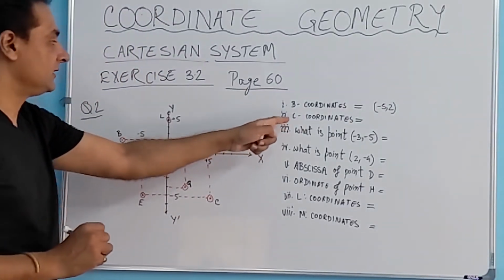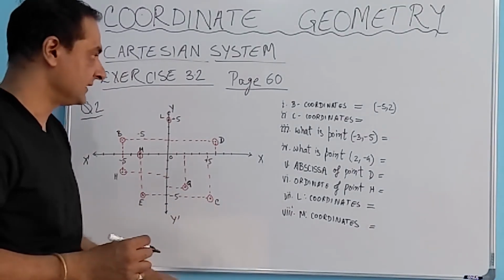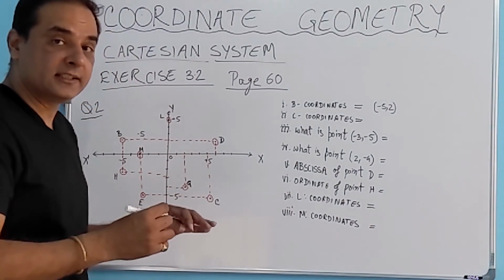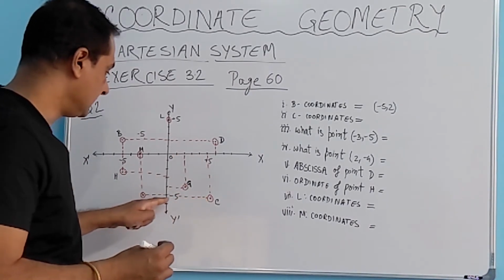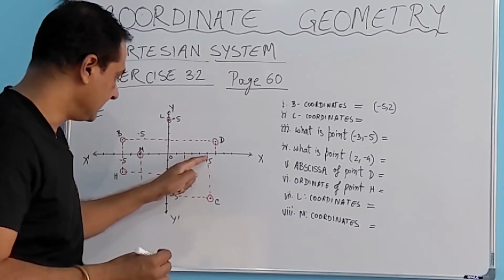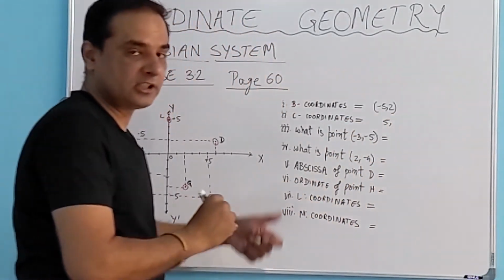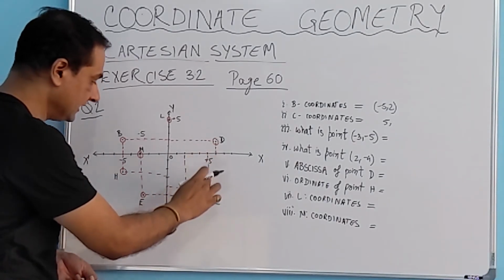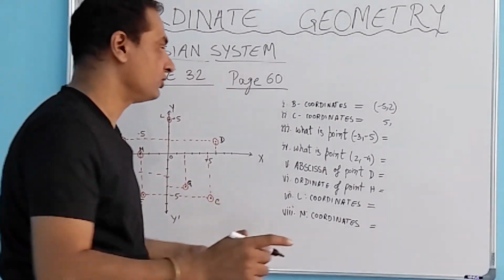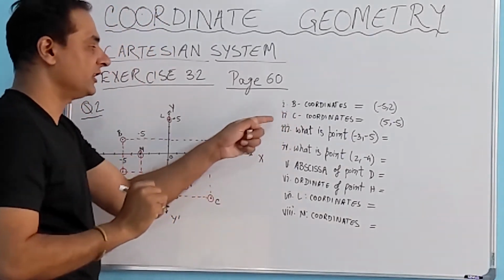Let's look at the next question, which is again, find the coordinates for point C. Locate point C. Here it is. What is the abscissa or x coordinate for point C? If you look at the perpendicular line to the y axis, we'll understand this. The perpendicular distance is 5, so the x coordinate or abscissa is 5. Look at the ordinate. The ordinate is basically 5, but since it is in the negative direction, it is going to be minus 5. And we put that in a bracket. That's the coordinates for point C.